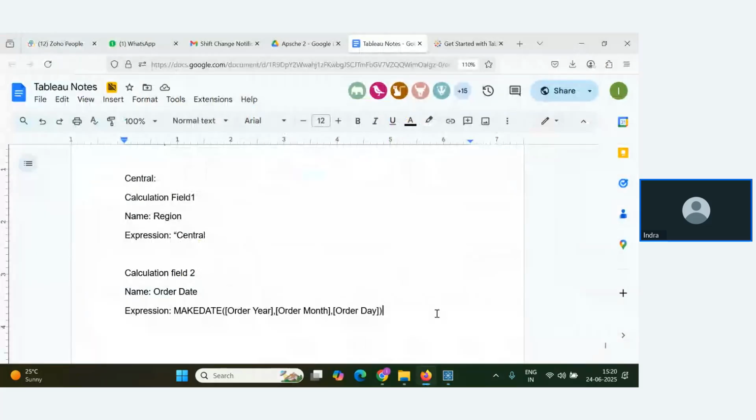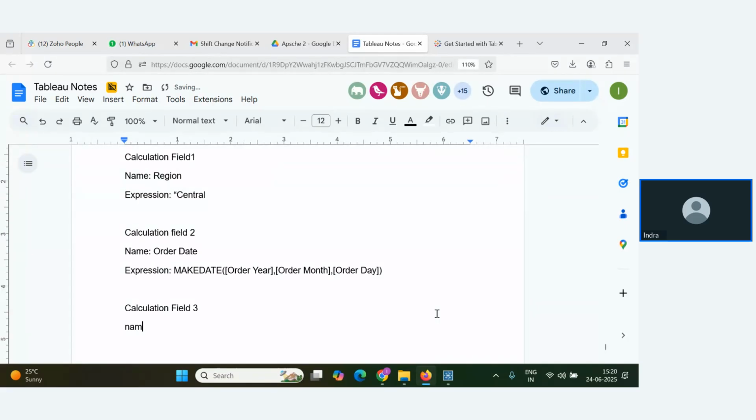So this is your third calculation field. Calculation field three, name ship date, and expression is